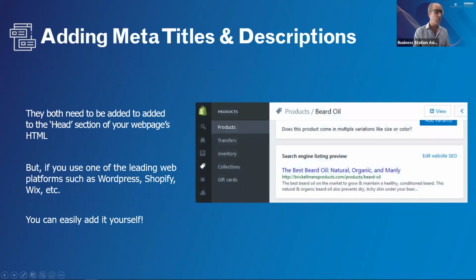And this one's Shopify, for example. At the bottom of any page or collection or product in Shopify, you'll have this little edit website SEO section. This is where you can change the meta title and the meta description. Most of them will tell you if you've exceeded the number of characters. This one here, you can see it's got a... Normally they prefer you to stay within, but it doesn't really matter. In fact, you could even leave the...